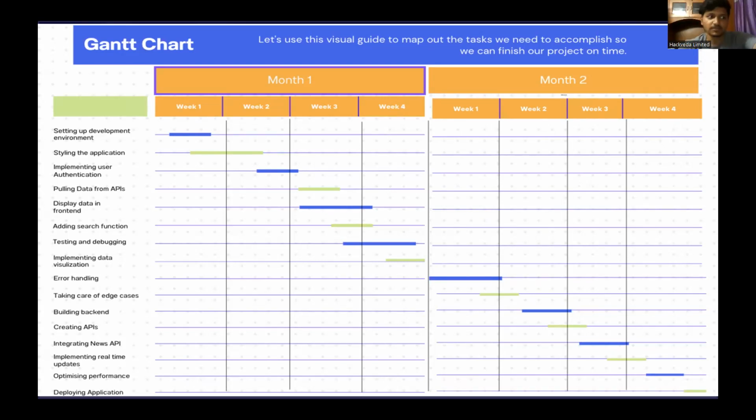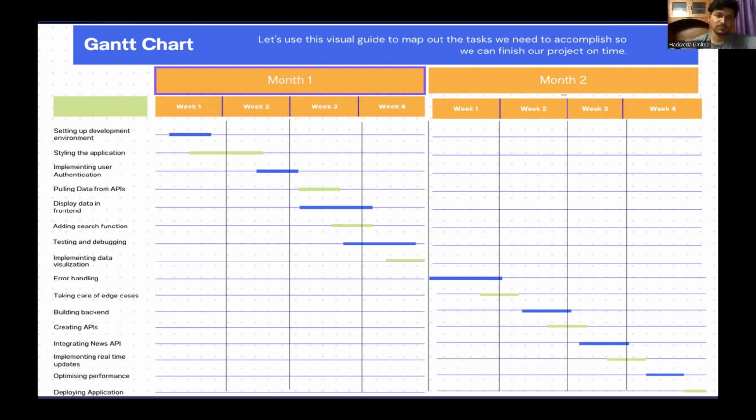So you're telling me that every week there is a milestone, because after week one there is one vertical line, then week two there is one vertical line, right? Yes, sir. So you're talking about that being the milestone. Each and every task, the completion of each task, is considered as a milestone for me.